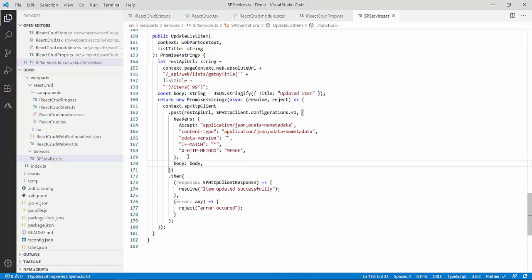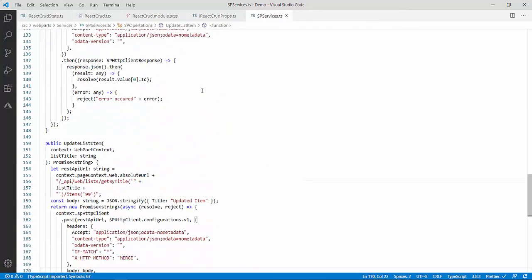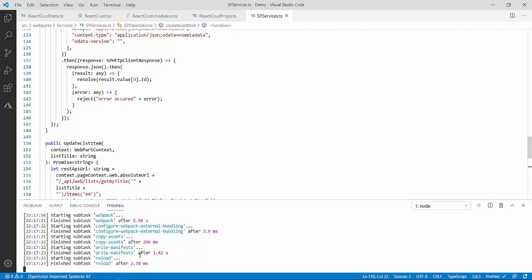I should be able to update the item. So you guys can see it is really very easy working with REST API, and anything you want to update, delete, create, or get the latest item ID. It is really very easy. I will just show you, and then I will quickly revise the whole demo for you in a very simple and crisp way, so that you get the concept if you miss any. So let's see whether reload is ready.